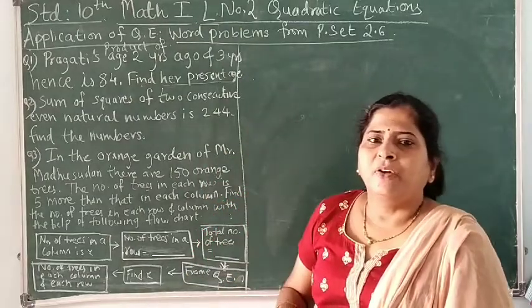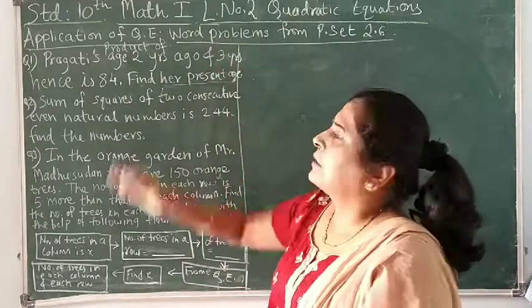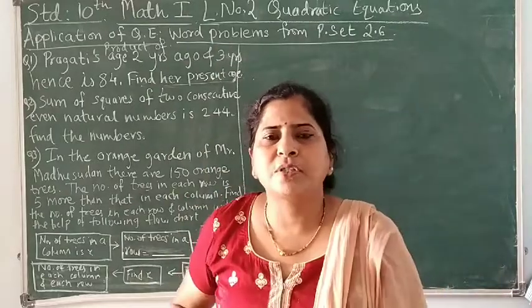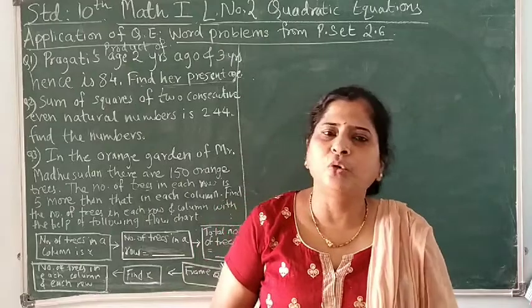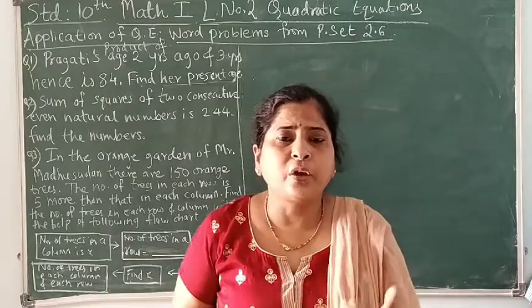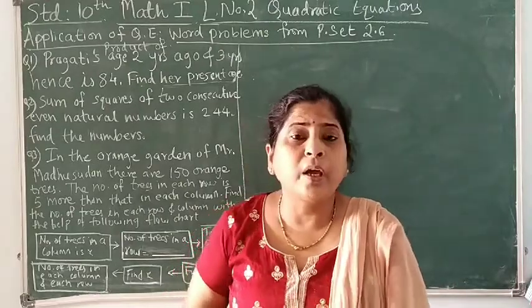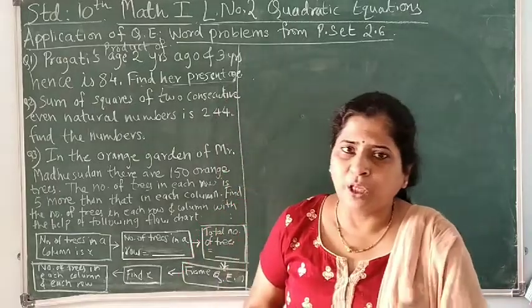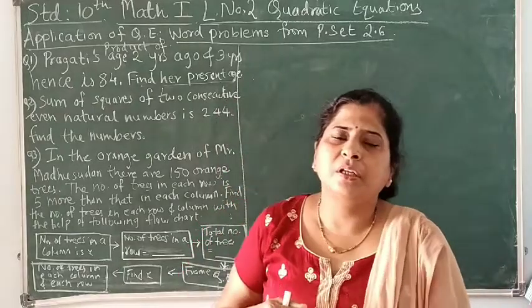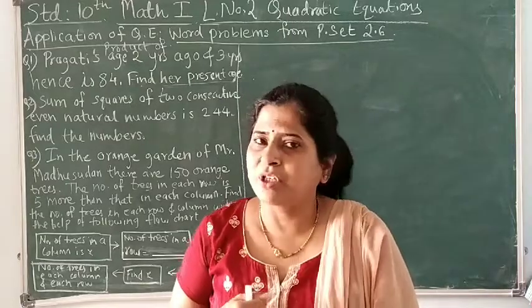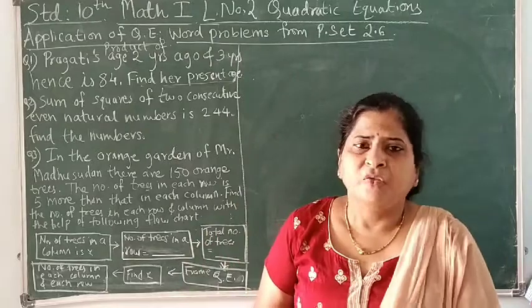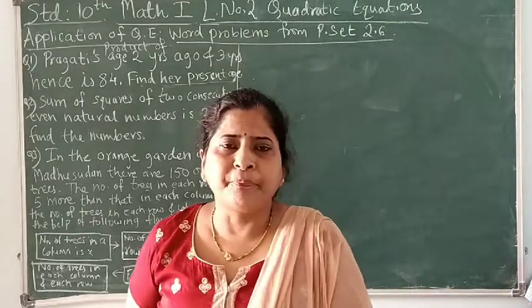When we are solving lesson number 2, we know we are going to get a quadratic equation. When we are solving lesson number 1, we know we are going to get linear equations in 2 variables. But in the exam, when this question comes in front of you, how can you decide whether it is related to linear equations in 2 variables or a quadratic equation in 1 variable? For that I would like to give you one tip.